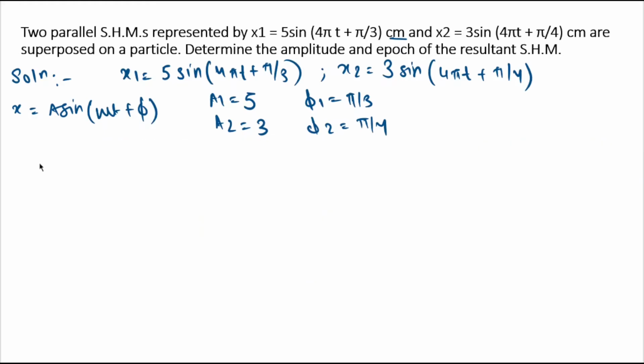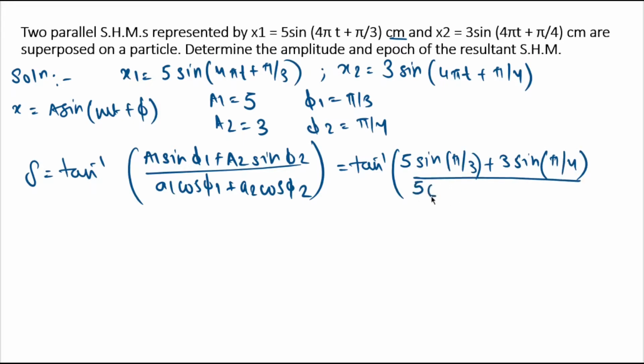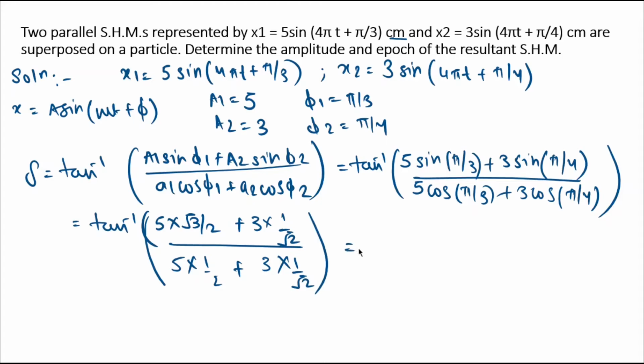Now let's calculate the epoch. So the epoch delta is given to us as tan inverse of (A1 sin phi 1 plus A2 sin phi 2) divided by (A1 cos phi 1 plus A2 cos phi 2). Now putting all the values, we get tan inverse of 5 into sin of pi by 3 plus 3 sin of pi by 4, divided by 5 cos pi by 3 plus 3 cos pi by 4, which is equal to tan inverse of 5 into sin pi by 3, which is sin 60, which is root 3 by 2, plus 3 into sin pi by 4, which is sin 45, which is 1 by root 2, divided by 5 into cos pi by 3, which is cos 60, half, plus 3 into cos 45, which is 1 by root 2,